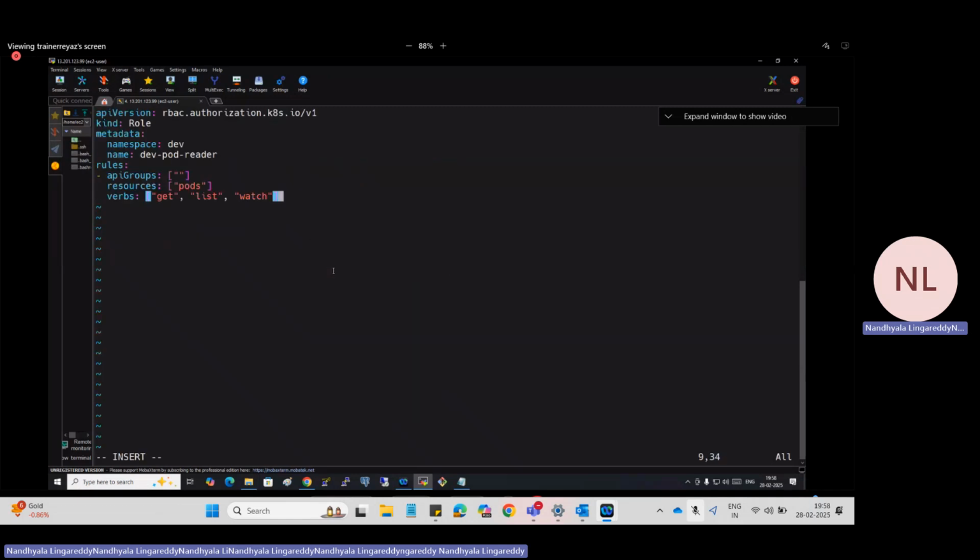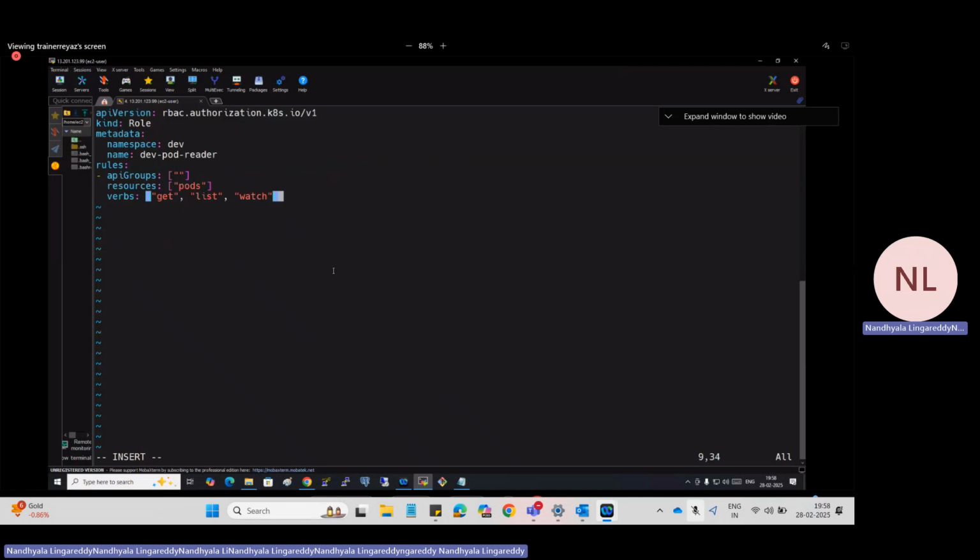Please go inside this manifest and try to understand. I already explained, but see with your eyes for a few seconds. So certain pods will be contained in this. Particularly pod is a resource, right? All these pod resources will be in that API group.